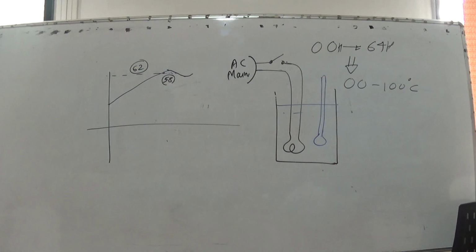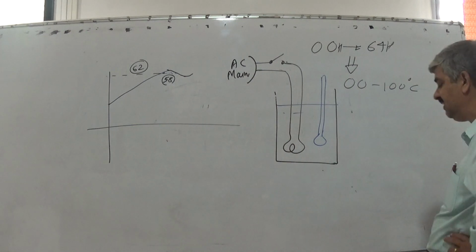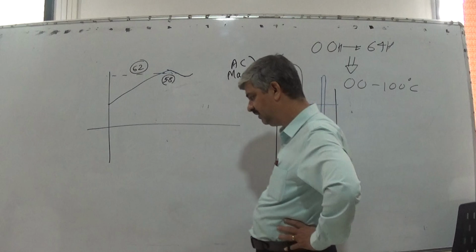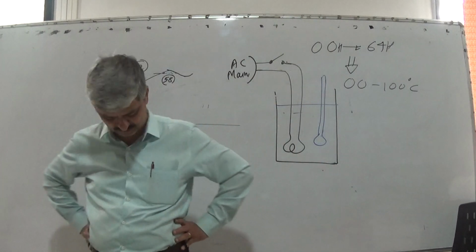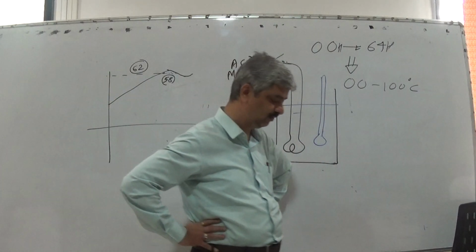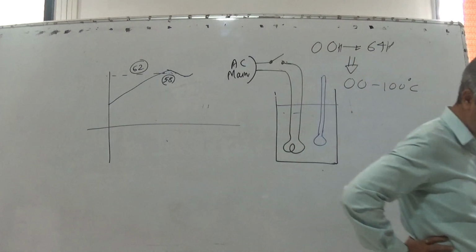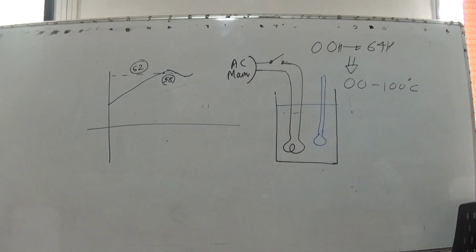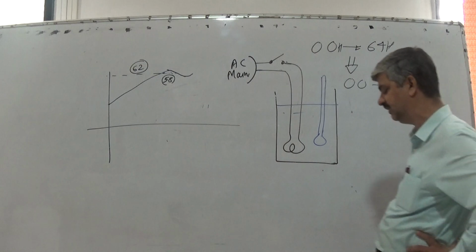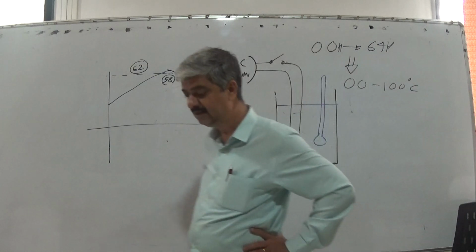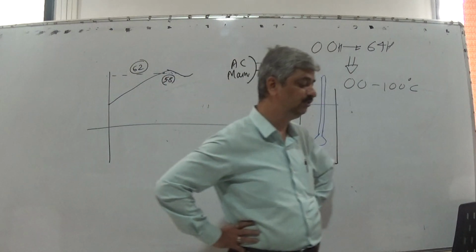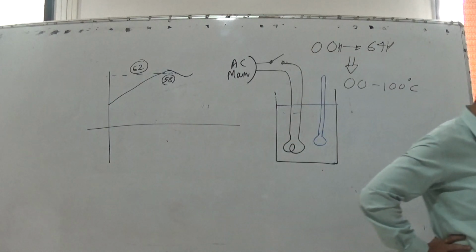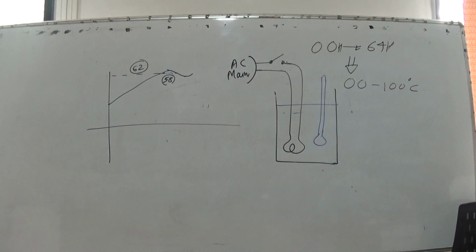Only thing is that in case of on-off control, I was operating the switch only on two occasions. Temperature going above 60, put the heater off or put the switch off. Temperature coming below 60, put the heater on. But this was happening after 2-3 minutes.